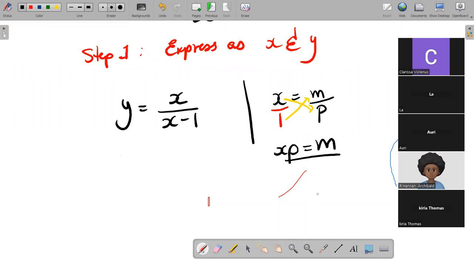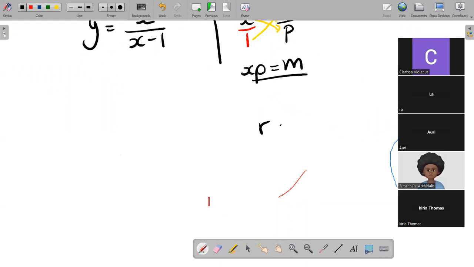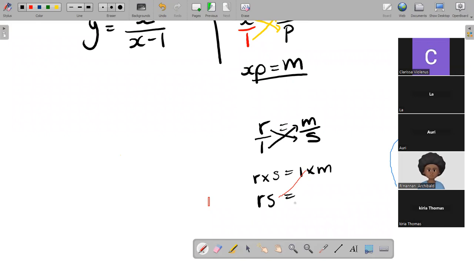Talk to me. Let's do another one just to make sure we understand. R is equal to m over s. I don't want a fraction, I want a linear equation. What do I do? I put this over 1 and I cross multiply. So that means r times s is equal to 1 times m. I cross multiply them. And so r times s is rs, 1 times m is m, and I take it from there. See that? So using this concept now,